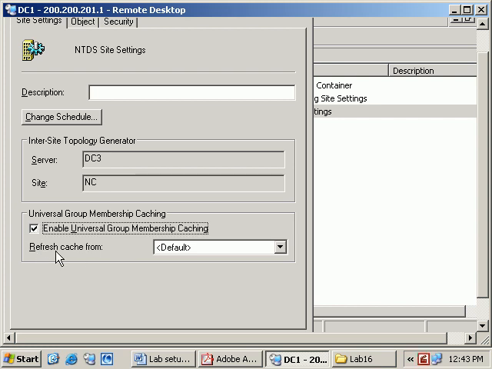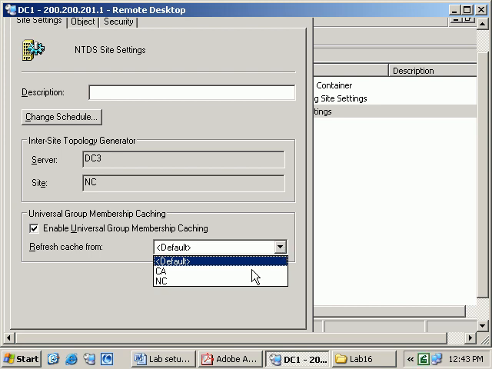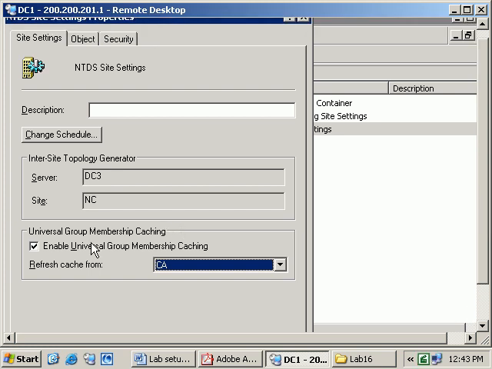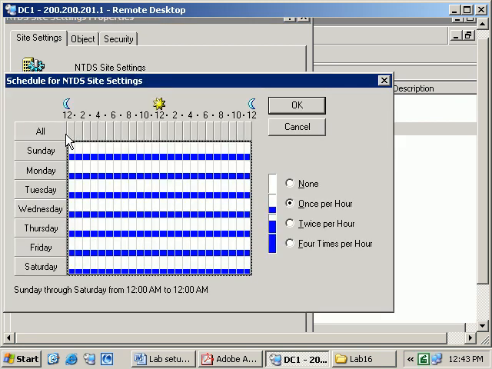and then by default, you can leave the refresh cache from setting as default. It can come from anywhere, or you can specify exactly where you want this to come from. So you can say California, for example. And then you can also set up a schedule. Once the caching is done, you can also set up a schedule, and I'm going to explain all this to you. But if you would like to set up a schedule over here, you click on the Change Schedule button,